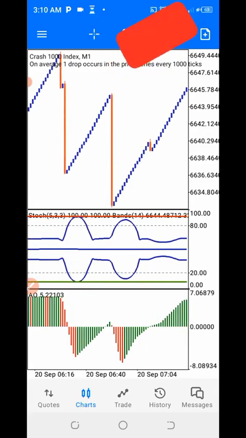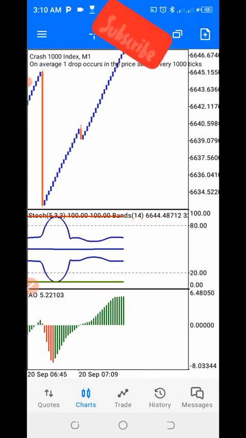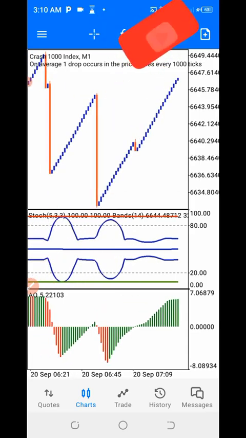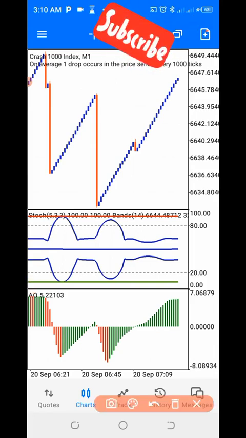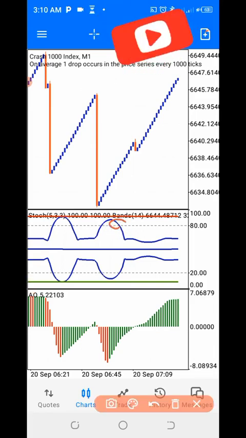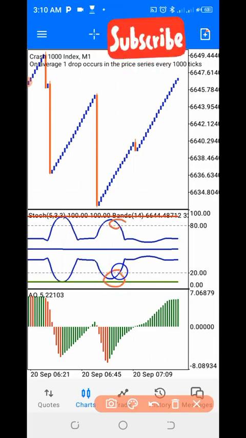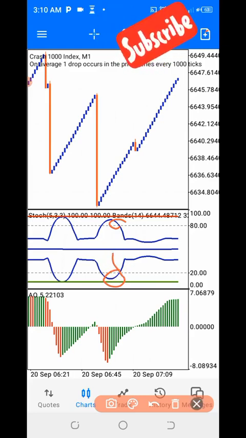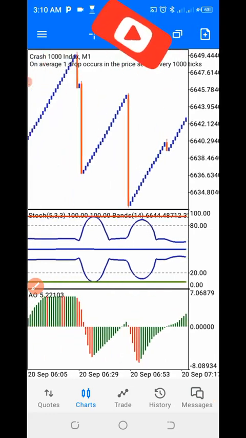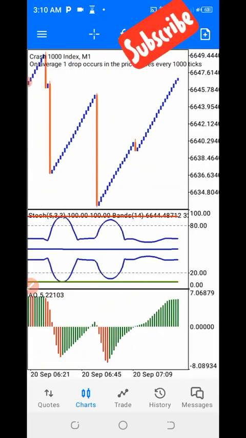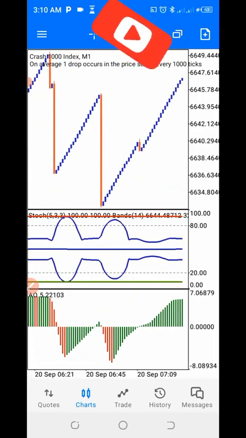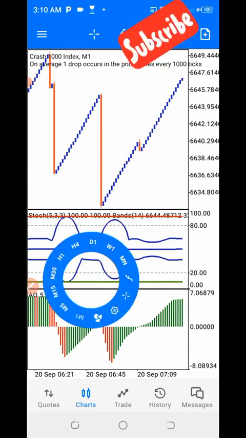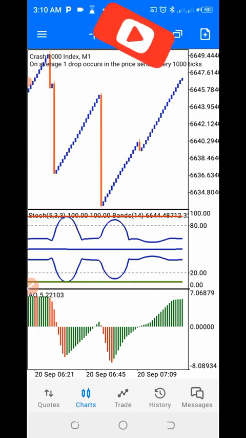In using this strategy, basically we are putting into consideration just two things, and that is our Bollinger Band and our envelope indicator. So those are the two indicators we are actually putting into consideration. The first condition is that you need to wait for a spike, right? You need to wait for a spike. So once you have a spike, our Bollinger Band is going to open up, right?